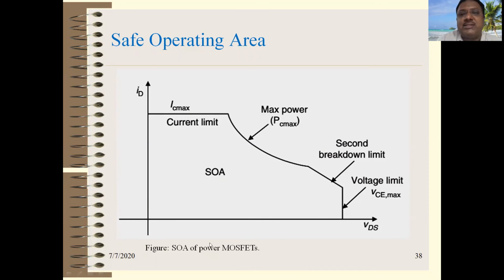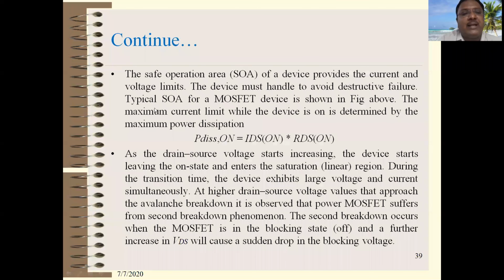So we should not exceed the current and voltage beyond those values. If we increase the current and voltage beyond those values, then the device gets damaged. So this is basically called the safe operating area. It is the safe operation area of the device, providing the current and voltage limits the device must handle to avoid